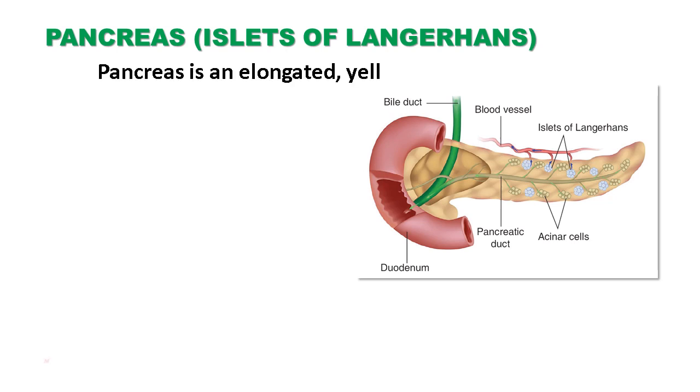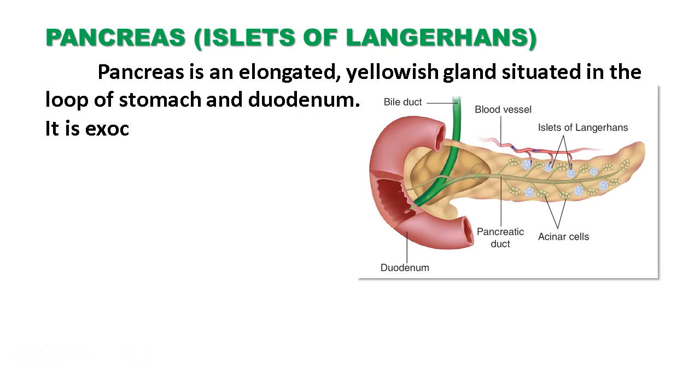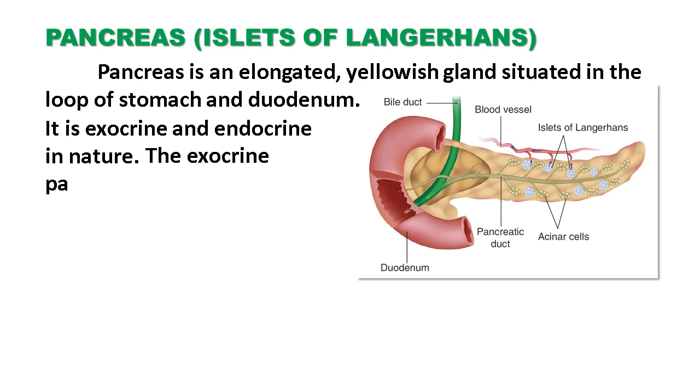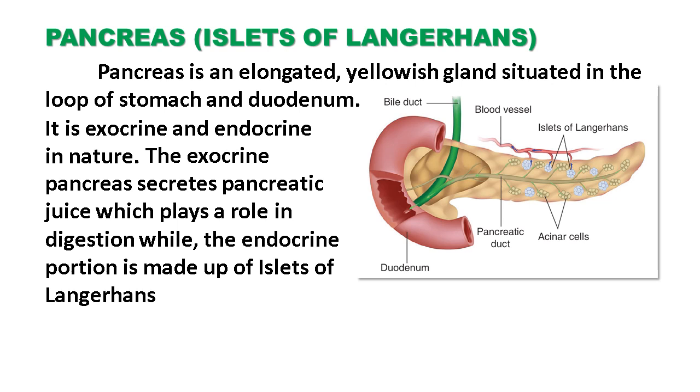Pancreas is an elongated yellowish gland situated in the loop of stomach and duodenum. It is exocrine and endocrine in nature. The exocrine pancreas secretes pancreatic juice, which plays a role in digestion, while the endocrine portion is made up of islets